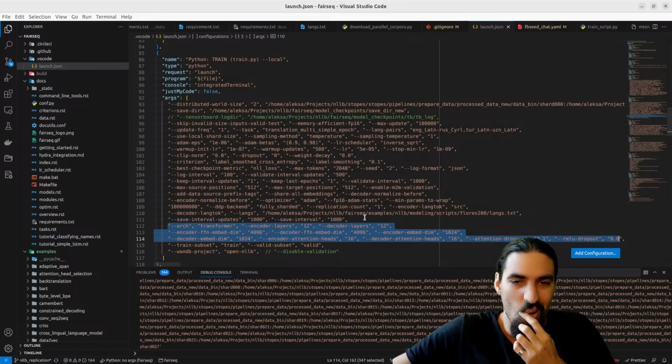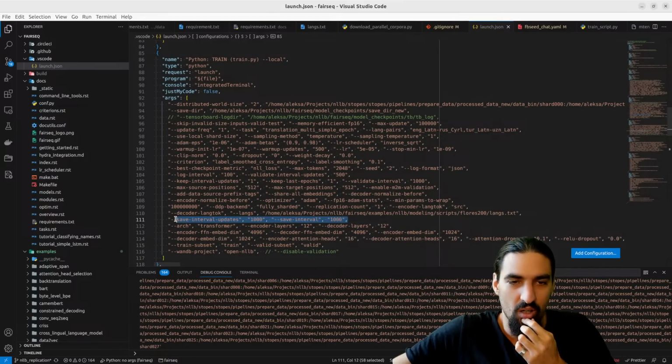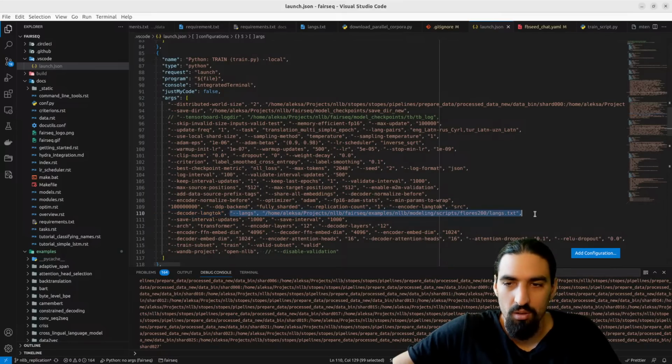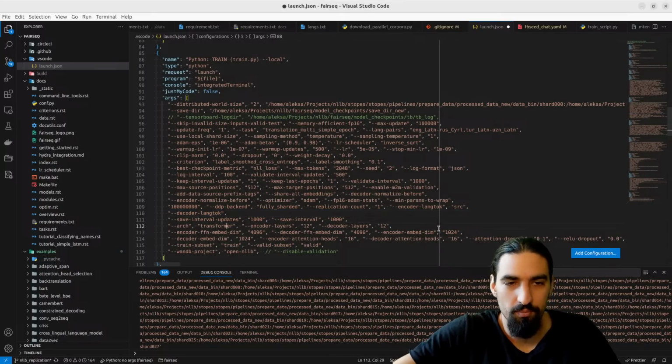Okay. This just saves. How often do we save? Save interval, update, save interval. Let's put the lengths together with language pairs.